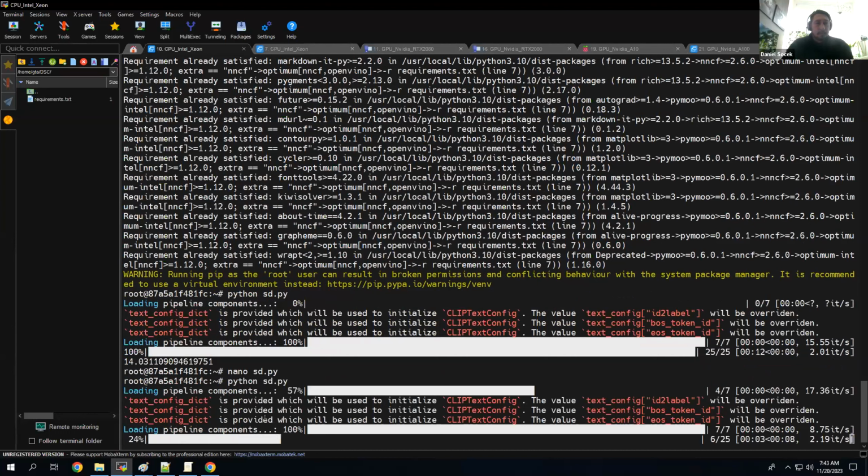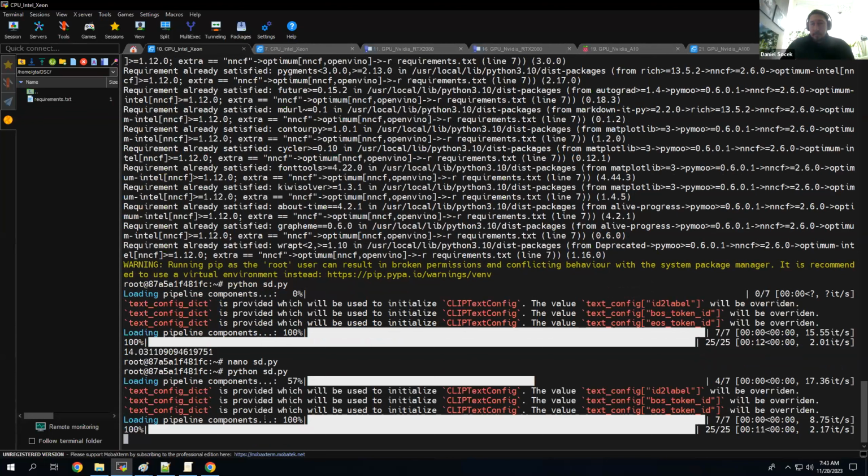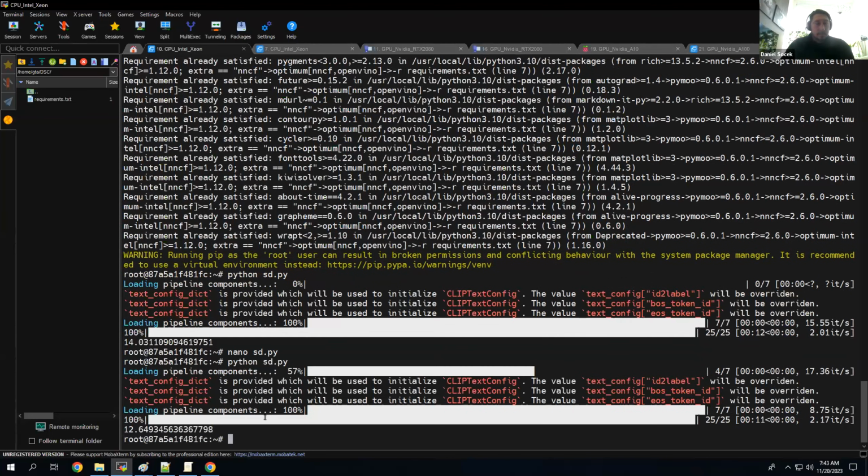So 14 seconds with FP32, and let's see it. Maybe a little bit. 12 seconds. Okay, so it wasn't like too much, but every time you run, it's a little bit different. So who knows? It typically doesn't scale exactly halfway, and in this case it wasn't a lot, but